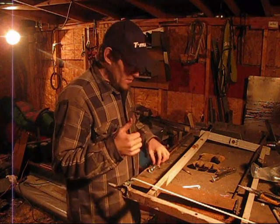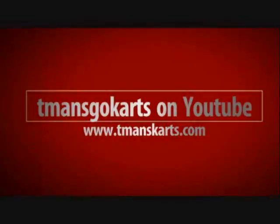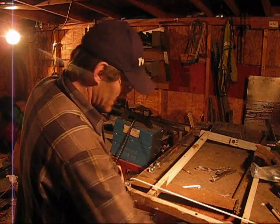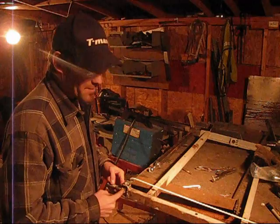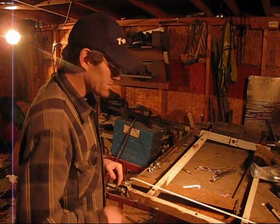Alright guys, so now we're going to start working on the rear end of this thing. When I measured it the other night, I thought this was going to be 24 inches across, but it's not. From the top of the bolt that I welded on here to the top of the bolt that I welded on here, that is 23 and